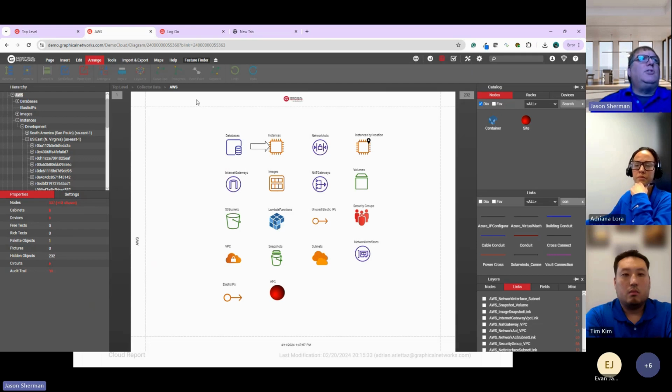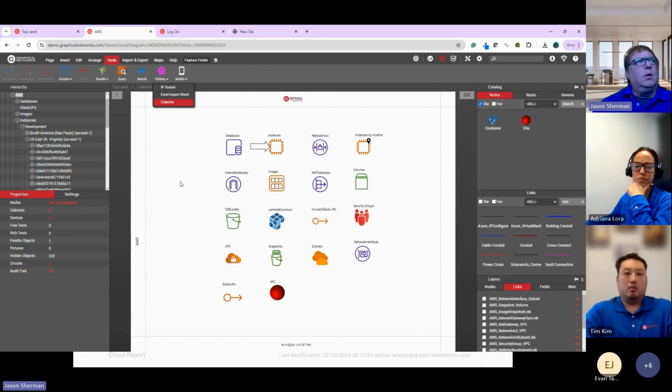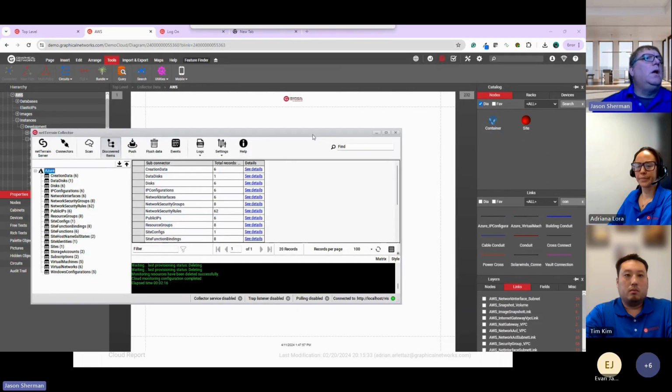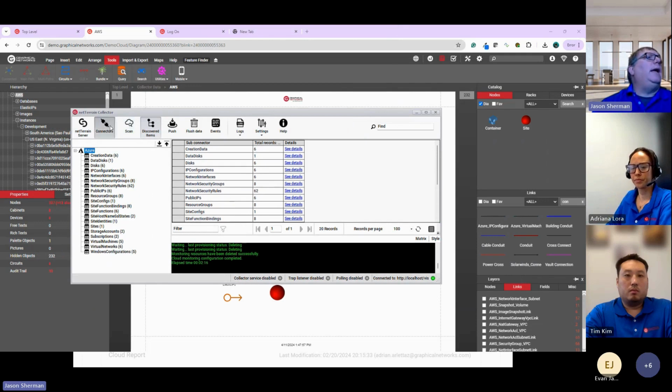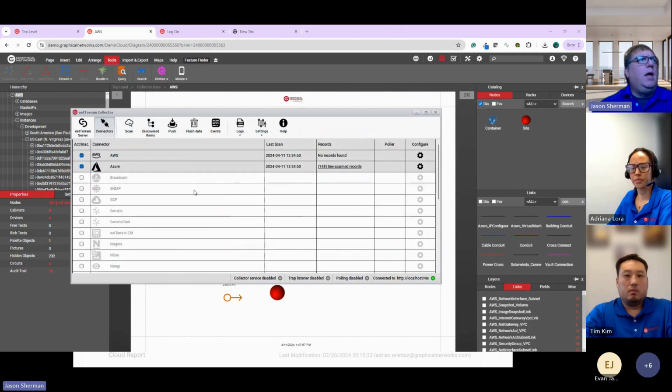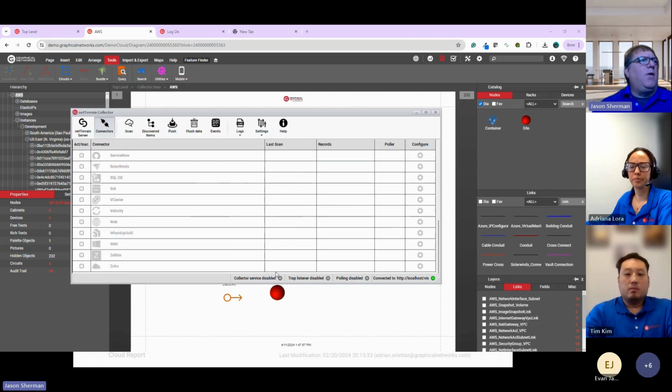Well, we have a tool within the tool. So if we go to our tools, utilities, there's something we call the collector, and I'm going to drag that collector over here. Oops, sorry. Let me drag the collector over. So we have the collector, and we have these things called connectors. And you'll see AWS and Azure. There's one for GCP, and there's others for different systems. These are non-cloud systems, not cloud systems necessarily.